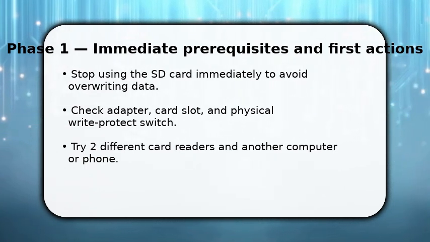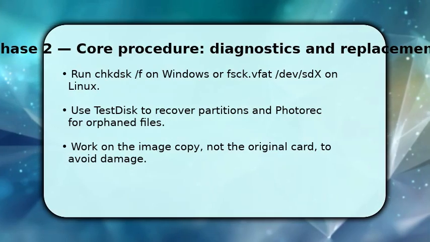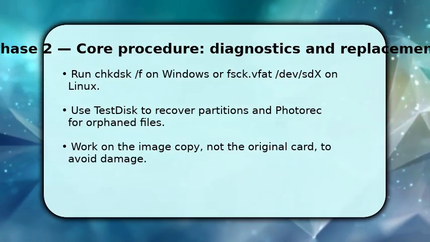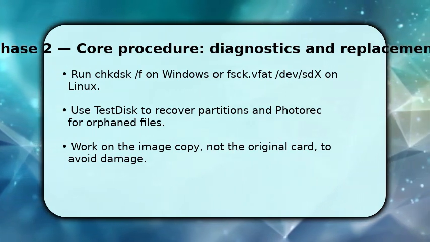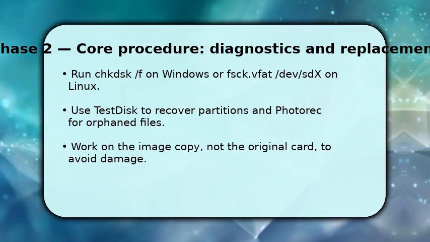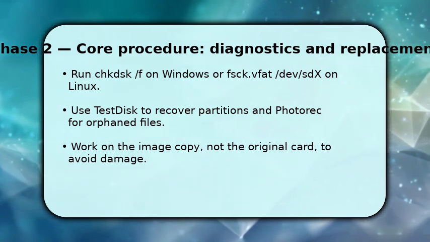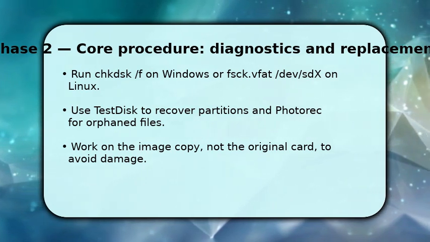You now run file system repairs carefully because a rushed fix can lose files. On Windows, run chkdsk with the /f flag. On Linux, use fsck appropriate to the format, for example, fsck.vfat for FAT32. If repairs fail, use TestDisk to reconstruct partitions and pointers, and use PhotoRec to carve files